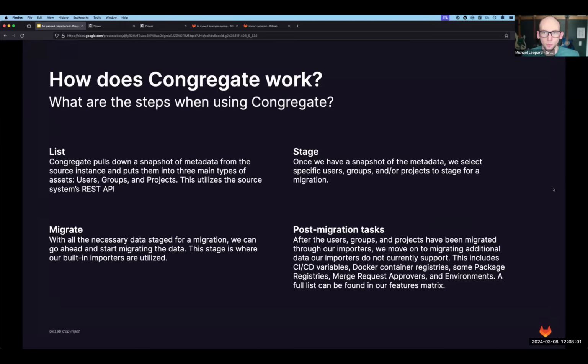While we're pulling data from a source like GitHub or Bitbucket, we're doing a data translation and transformation in the process before we get it to the expected data structure we need when we're getting prepped to migrate the data to GitLab. Once we have the snapshot of the metadata, we select specific users, groups, and projects to stage for the migration. So think of a list as like a git pull, where we pull down data, and think of staging kind of like git add,